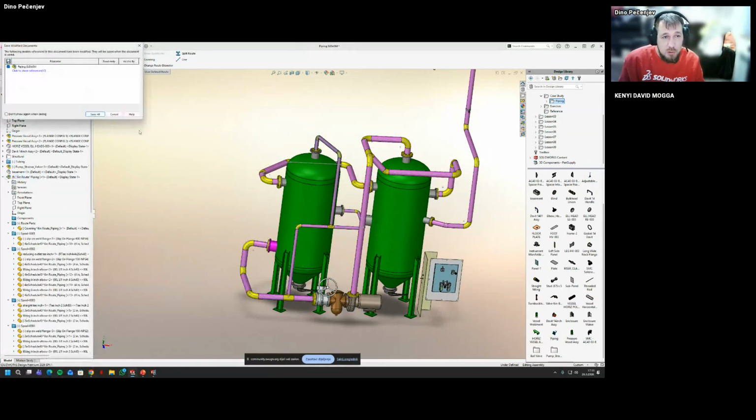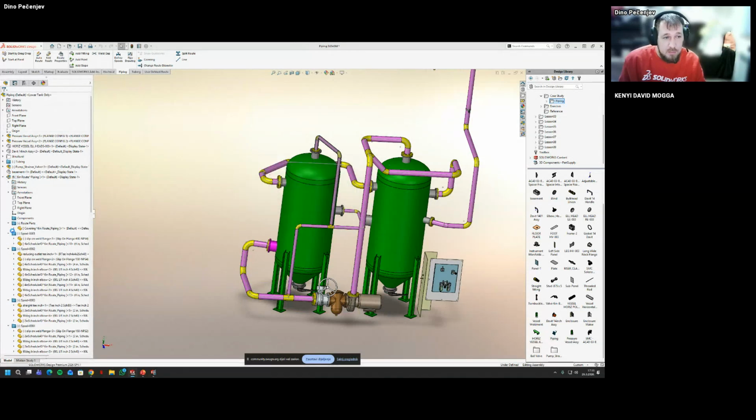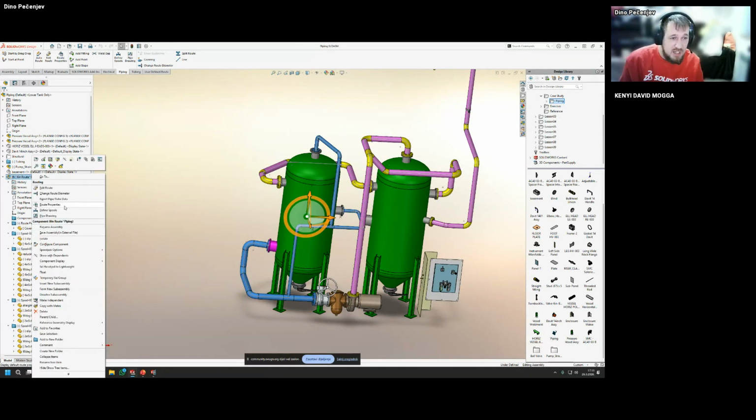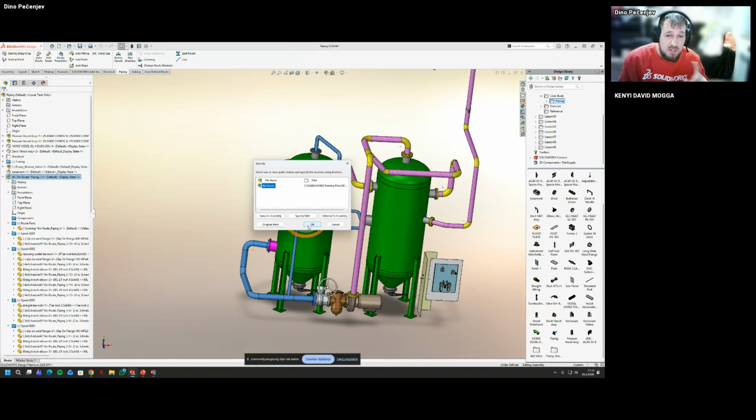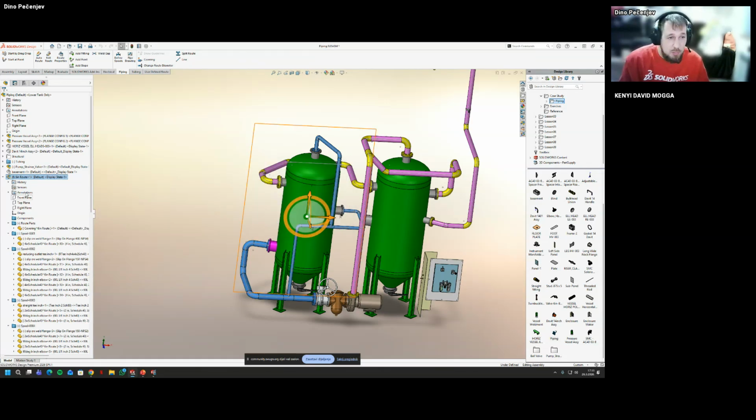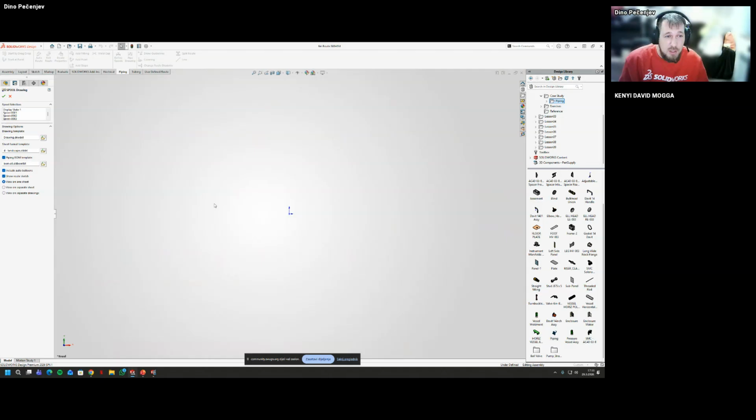I'm just going to save this externally, but for this route, now that I'm done with the design, I'm just going to say save in external file. I'm going to save only this subassembly. I'm going to leave the name I used before and use the pipe drawing. For the drawing, I can use any spool I need. Let's say for the main sheet, I'm just going to use the main display.